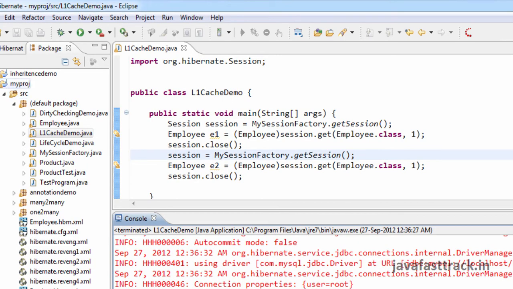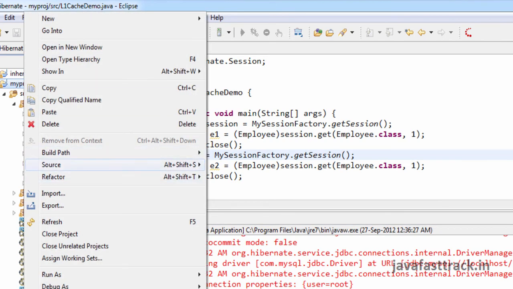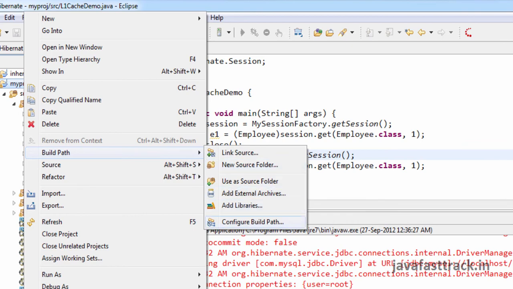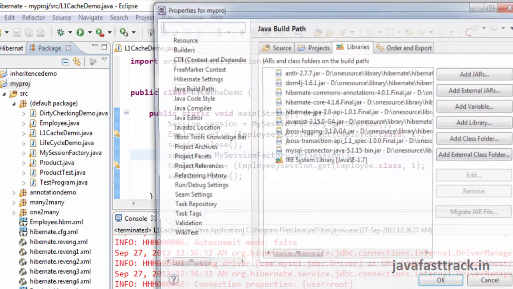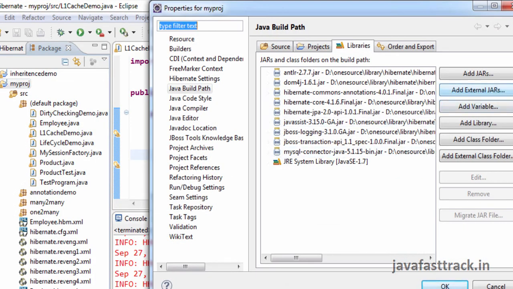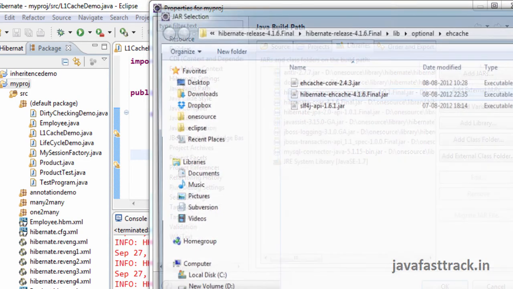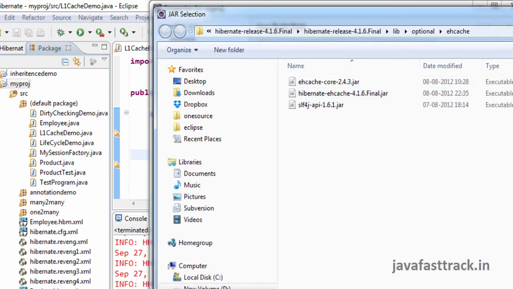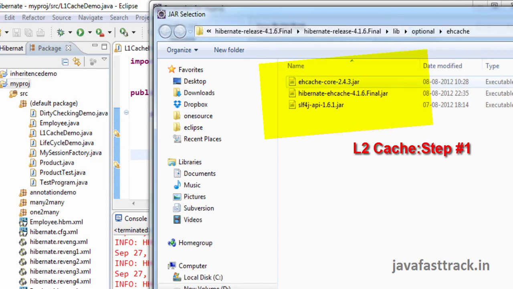Now you go to the same project and add the jar files. Right click, build path, configure build path as usual. Go to add external jars. Go to the Hibernate download, lib optional ehcache. You will see optional ehcache folder.